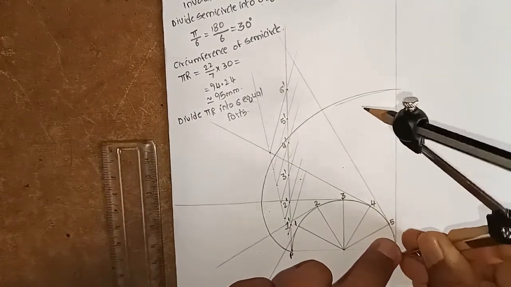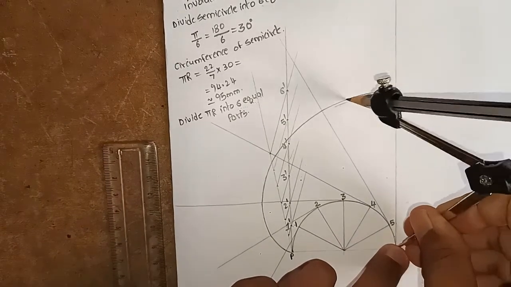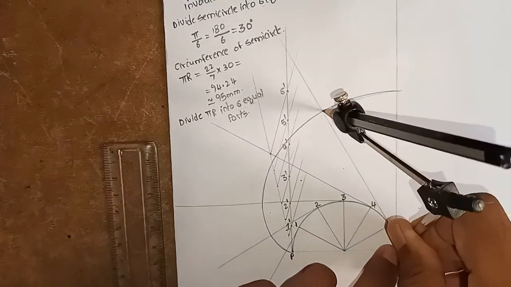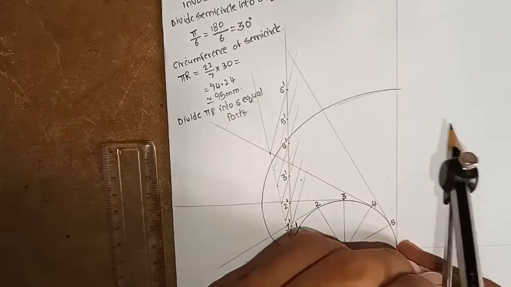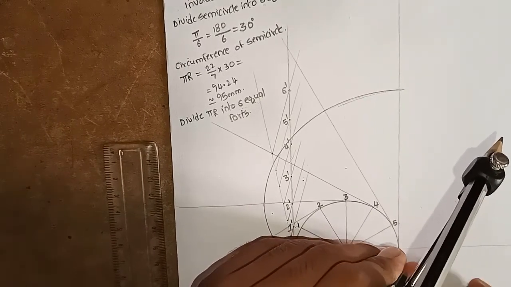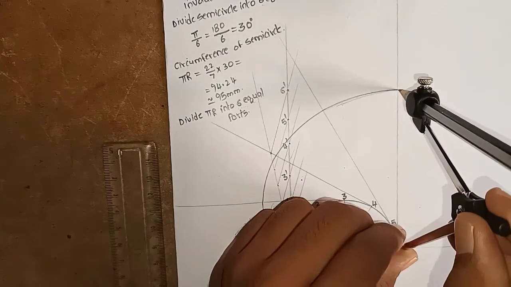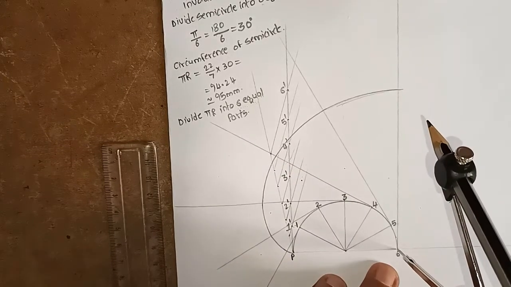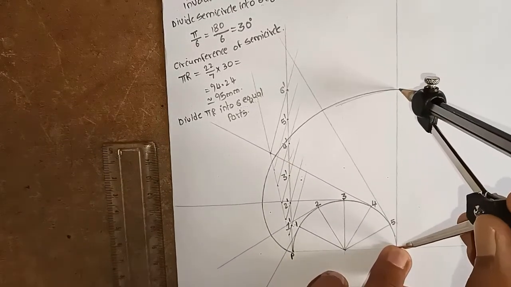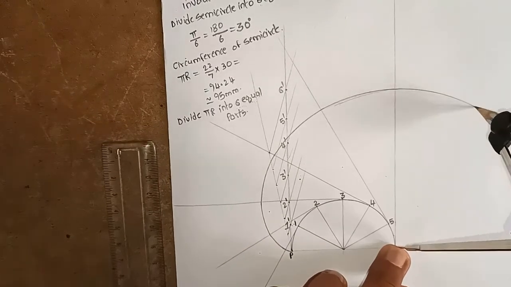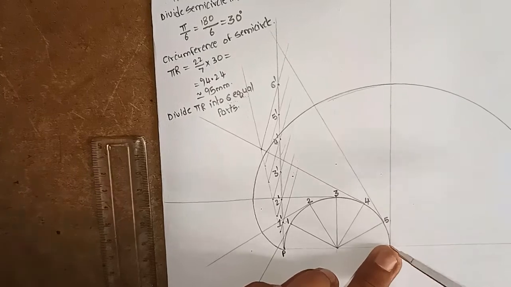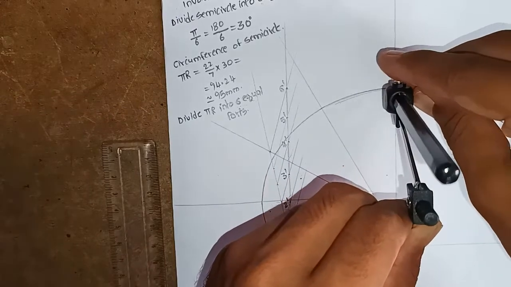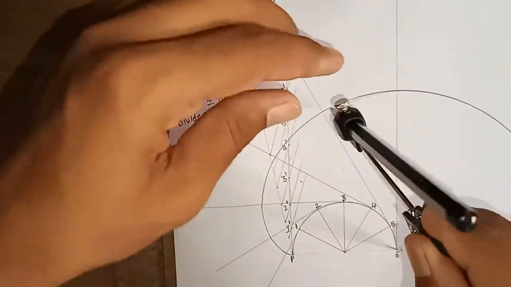We may try to join up to that, or otherwise we may try to extend that entire line, students, in order to get the complete involute. If we join from that sixth point, we may get the complete involute for the semicircle, like that, students. We have to carefully draw.